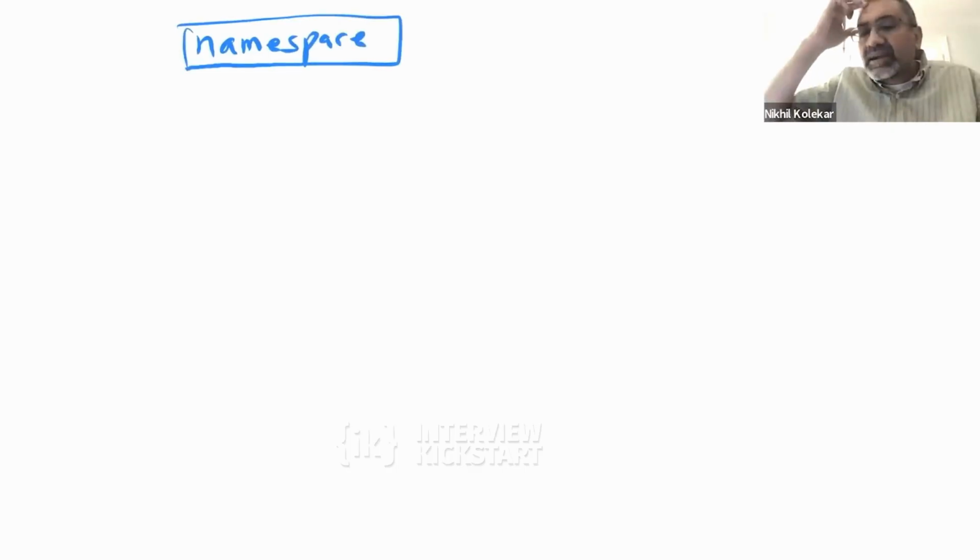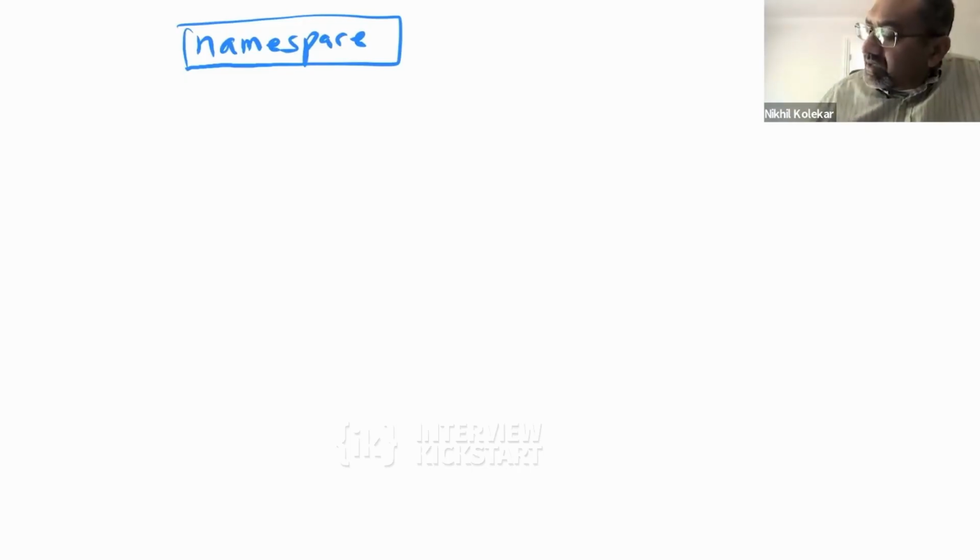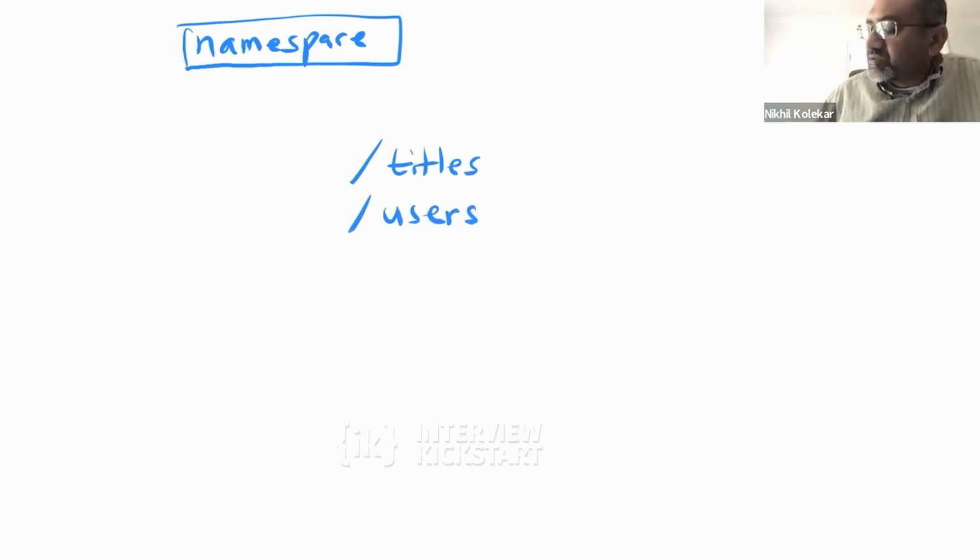So in the example that I think Usha you put out there, I could see a namespace. If your resource, let's say in this case, titles, could potentially collide with another title somewhere else, or users, as we took another example, could collide with another users out there, it makes sense to provide a namespace for the domain that you are designing this resource model for. So in our case, let's say our domain is library.